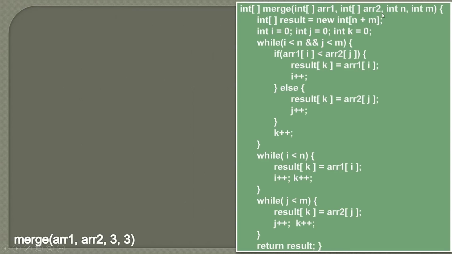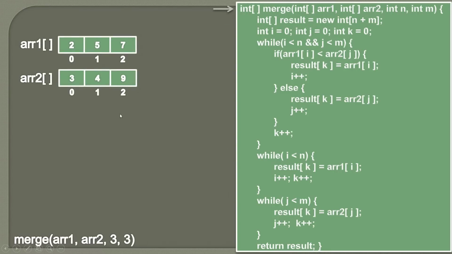So when we call the merge method, for this example we are taking two arrays which are sorted in ascending order, having length 3. So let's say we are providing these two sorted arrays having length 3, and you can see the elements are sorted in ascending order in both the arrays. Now our task is to merge these two arrays into a result array and return that result array from this method. So the lengths of these arrays, denoted by n and m, have the value 3.